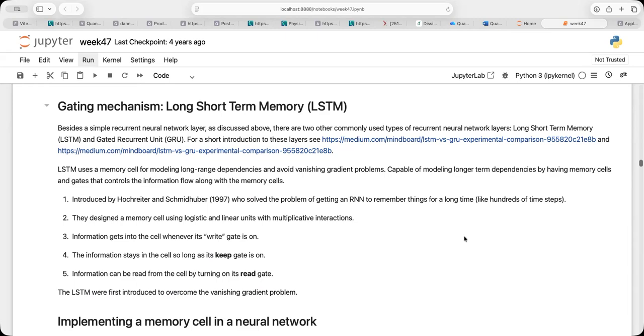Because in this course, we're just going to use the LSTM as a way to improve both the quality of the results, but also to get a better hold of long-term memory correlations. And it uses a memory cell, so keep this in mind, for long-range time dependencies. And it was actually introduced to avoid the vanishing gradient problem.